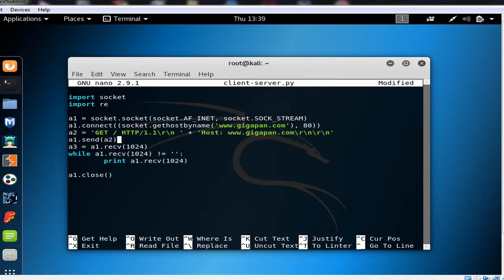1024. So after we send our data, we want to create a loop to receive some data, up to 1024 bytes in each step, in each loop. After we receive some data, we want to check if the length of the data that we have received is greater than 0. Then we want to just go through the loop. If not, the loop won't be repeated, and we break out of the loop